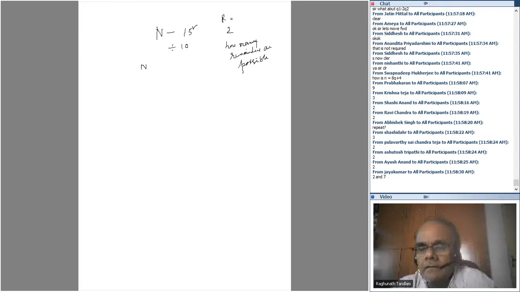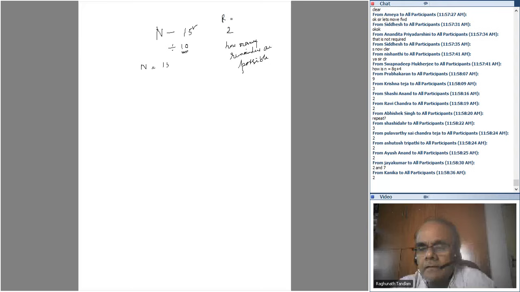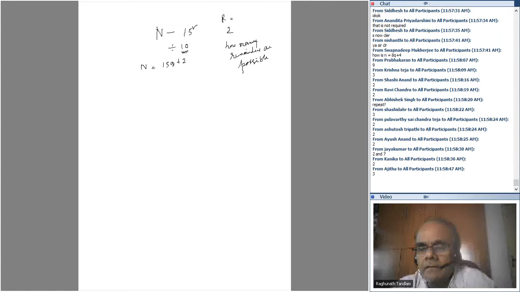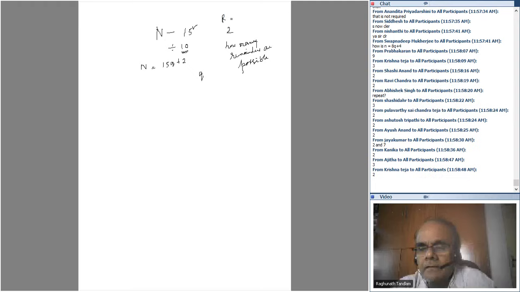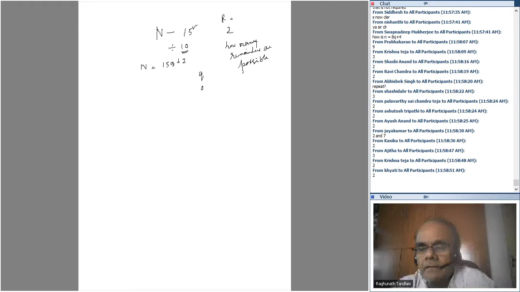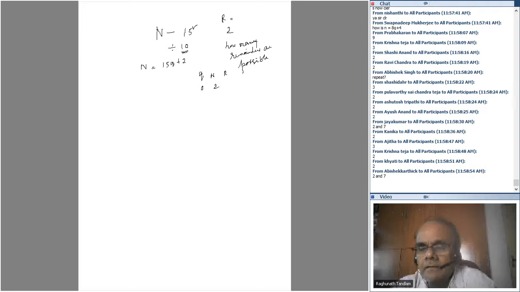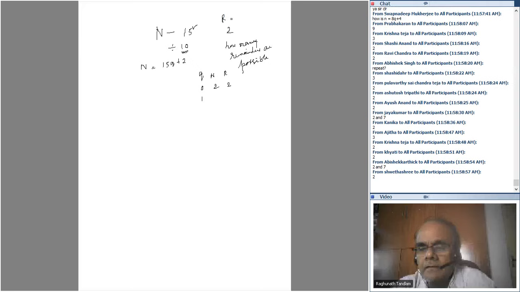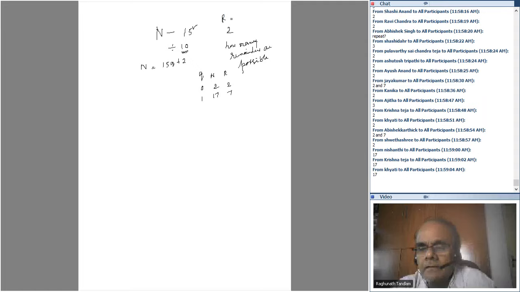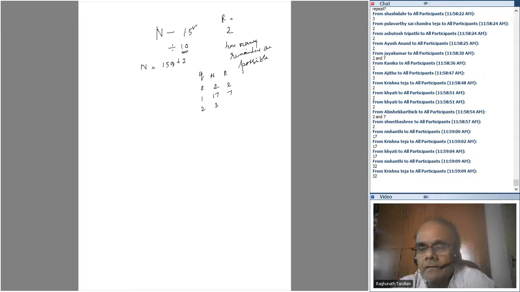So n can be written as 15q plus 2. If q is 0, what's the number? 2, remainder is also 2. If q is 1, what's the number? 17, remainder is 7. If q is 2, 32, remainder 2. If q is 3,